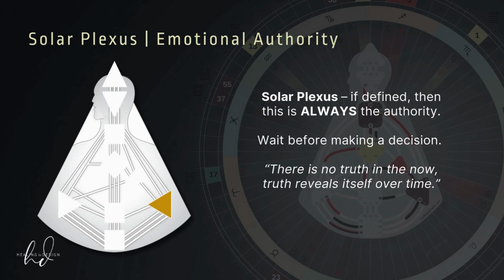An easy way to think of this is to imagine any situation where you need to make a decision. If you're feeling great at the moment, you're very likely to make a different decision than when you're not feeling that great. Either way, the outcome may have lasting consequences, as you didn't have a clear picture when making the decision. With emotional authority, it takes time to gain clarity and requires a commitment to wait out the wave of emotion and not act prematurely.